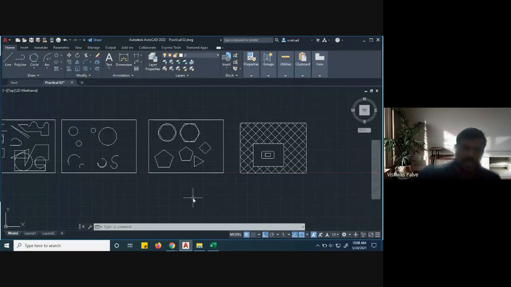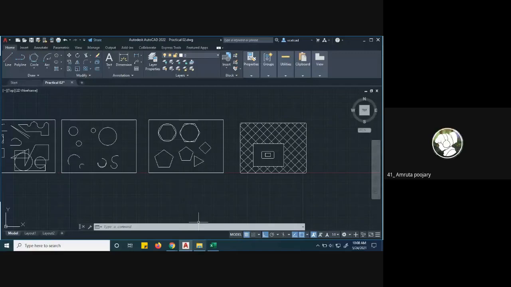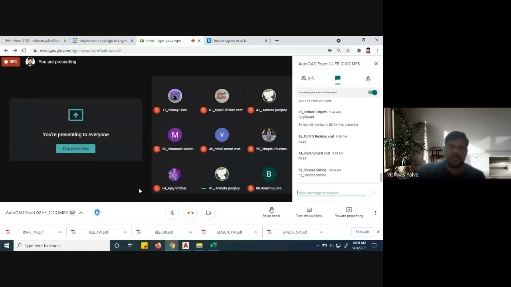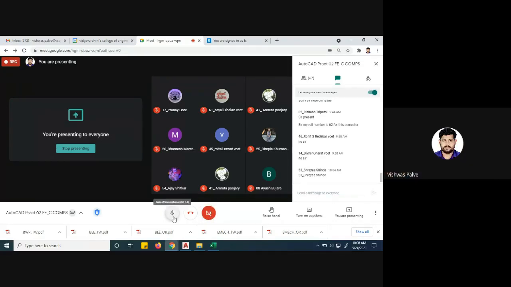How many of them are using laptops now? Sir, I am using laptop. Okay, those who are also using laptop, I'll just go one by one. I'll check their screen. You can share your screen and you can start practicing first. Those who have logged in with the help of phone, you can start the laptop now. At least 45 minutes you have to practice this AutoCAD. Is that clear? Yes, sir. And those who don't have laptop, I'll just record their numbers so that those who have laptops start practicing.